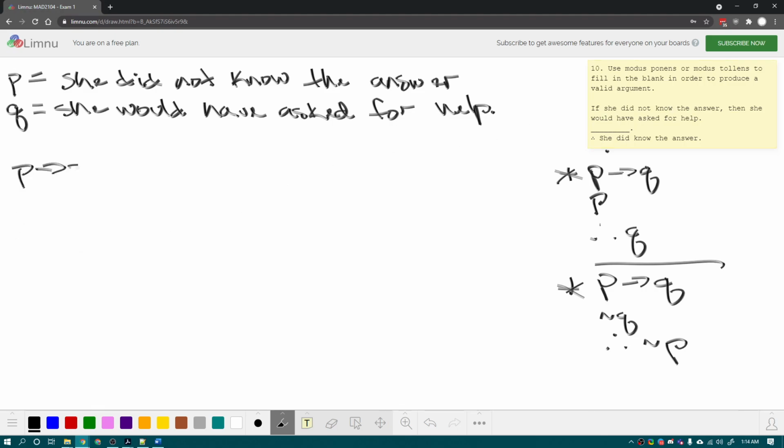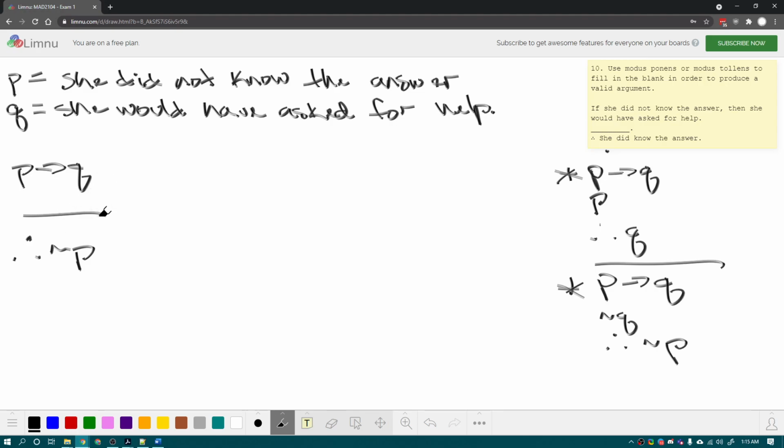We know that. We have a blank. And then she did know the answer. Notice how that's the opposite of P. Right? So P is she did not know the answer, and we're concluding that she did know the answer. So we conclude not P. So this is modus tollens,